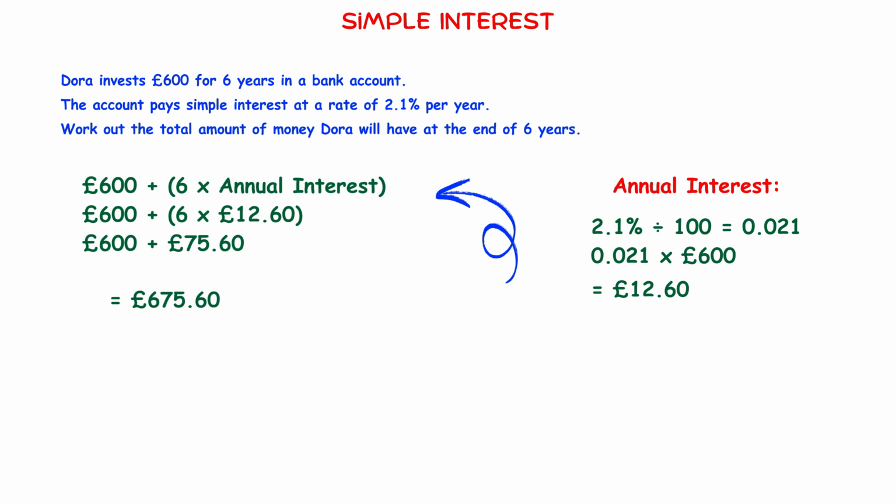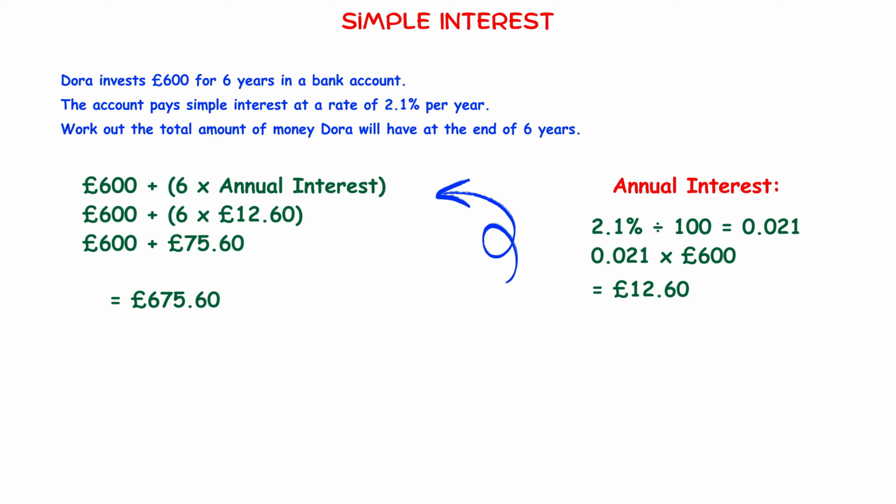To solve this, we begin by identifying the original amount invested, which is £600. This is the principal amount that she will definitely get back. Next, we calculate how much interest she earns each year. To do that, we convert 2.1% into a decimal by dividing it by 100, resulting in 0.021. We then multiply that decimal by the original £600. This gives us an annual interest of